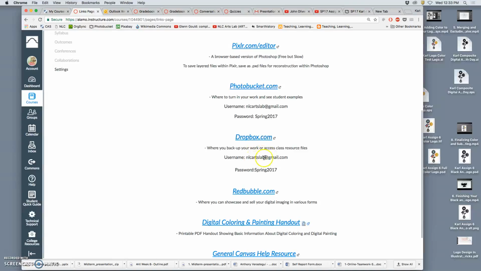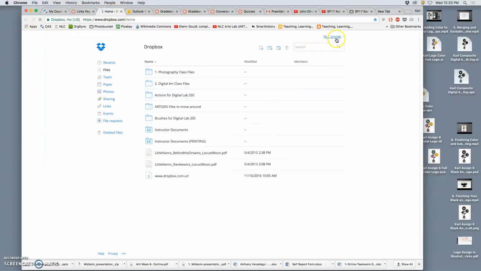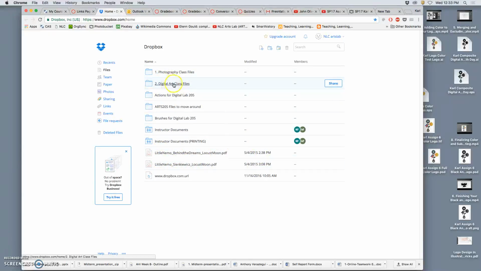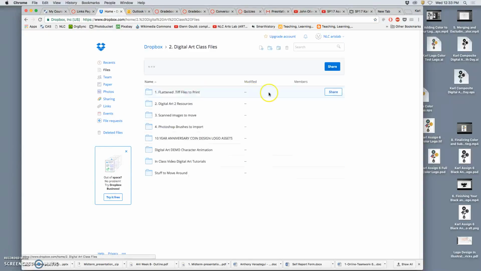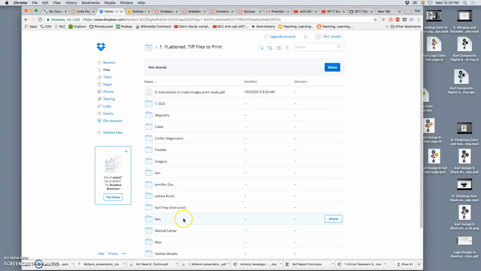So if you click on that and if you look at these options, it's the same kind of login that we're used to. Mine's already logged in. But you'll see a class Dropbox file. You're going to click on Digital Art Class Files. And you're going to see at the very top a folder called Flattened TIFF Files to Print. And it's filled with lots of different